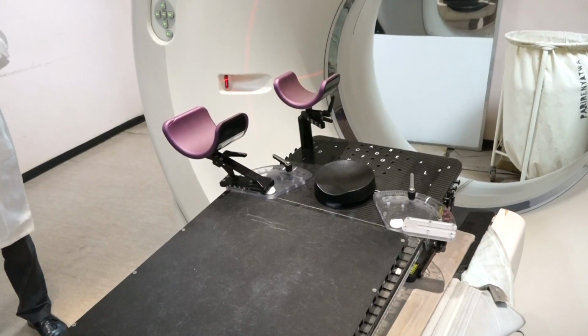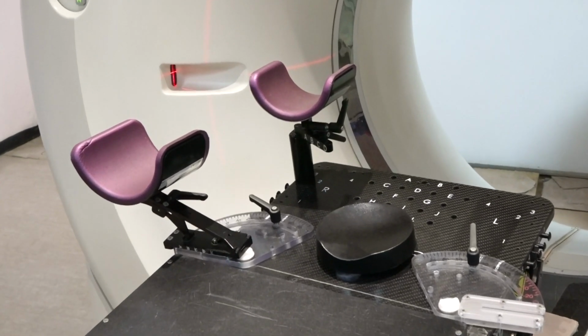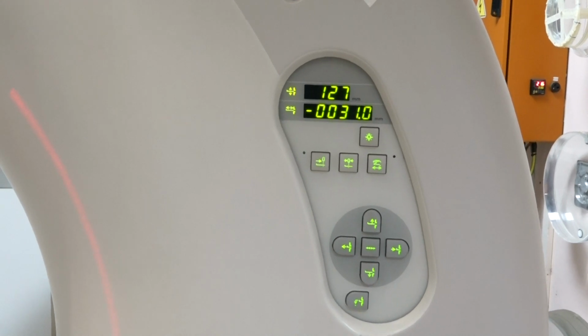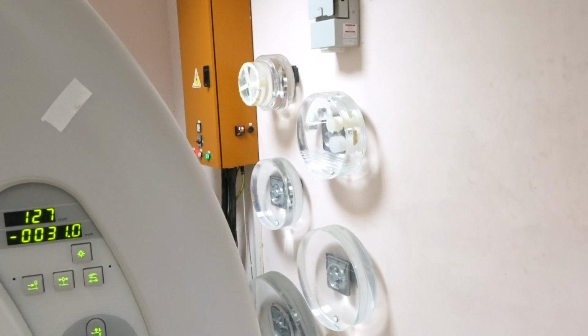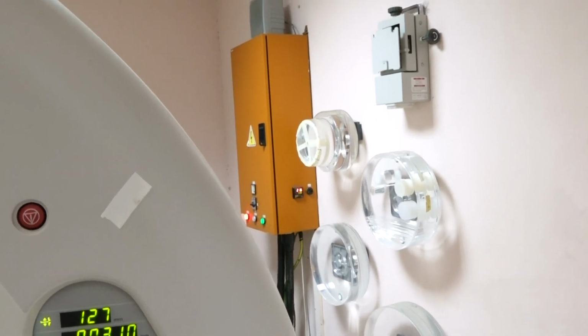Right, so as you know, we've had challenges with our machines over the past few years. We currently have 5 linear accelerators in government. Linear accelerators are what people on social media call the cancer machines, and we are standing in front of one of those linear accelerators. So we have 5 in the country, 3 in Harare at Parirenyatwa Hospital, and 2 in Bulawayo